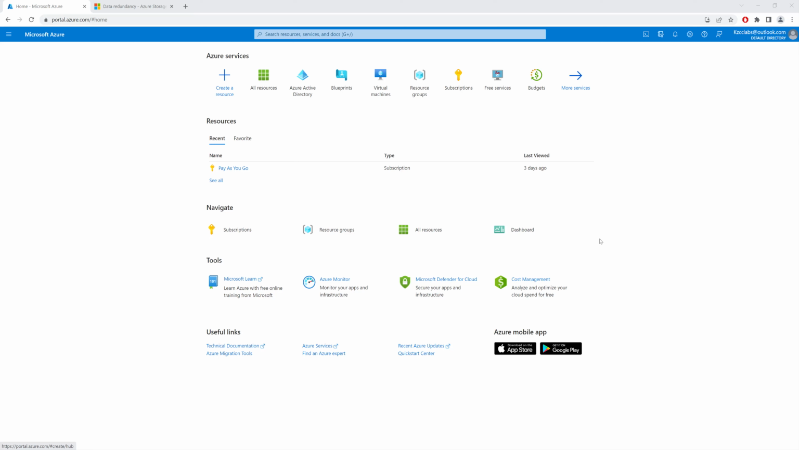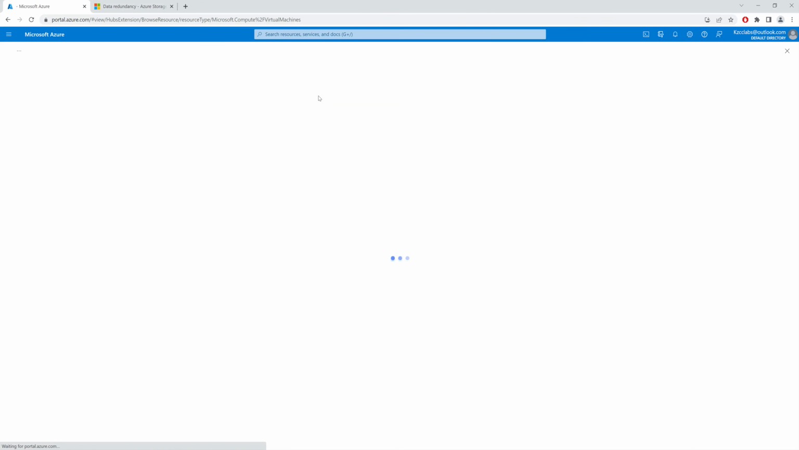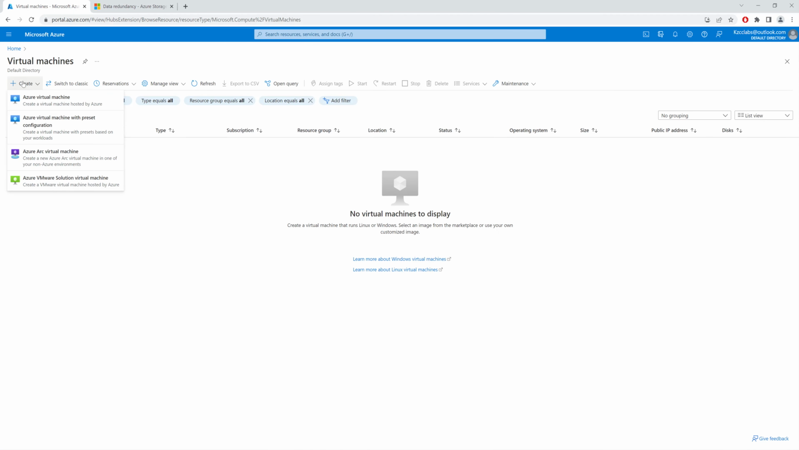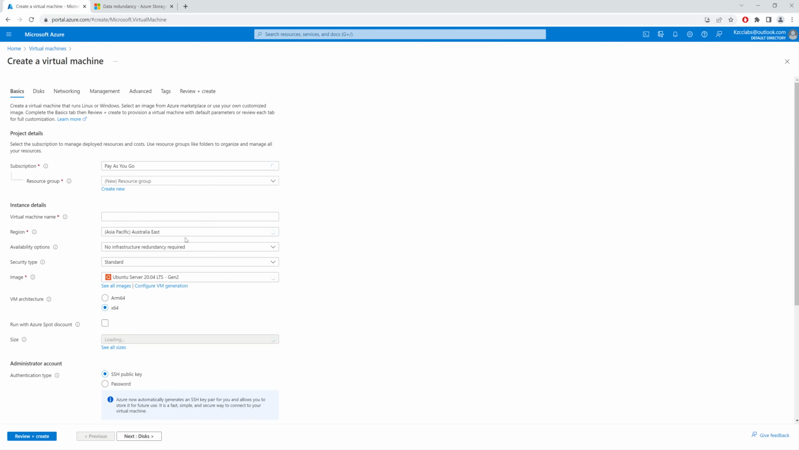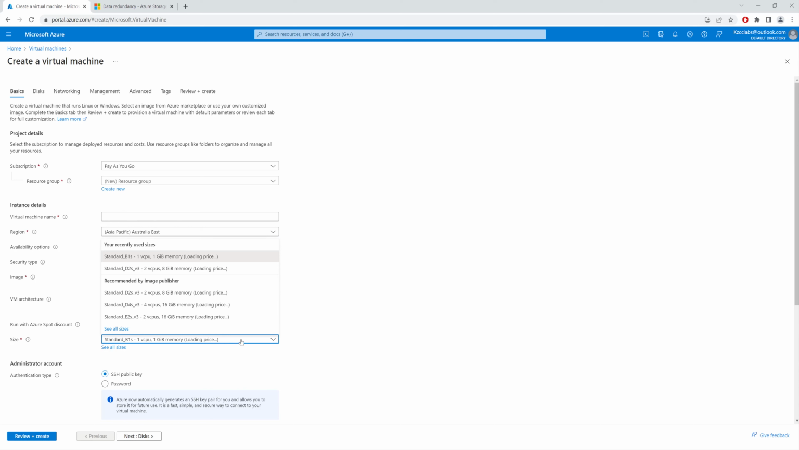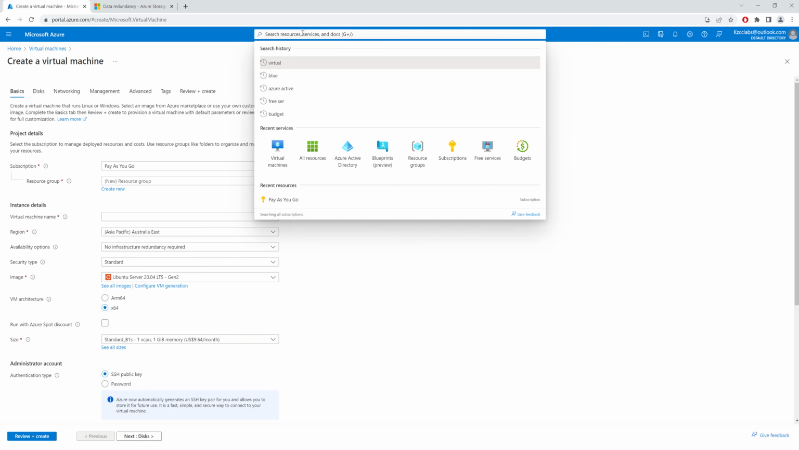So if I launch a virtual machine from here, for example, if I type in virtual machines and launch a machine from here, then I will be paying per hour according to the price over here. So according to the price over here, I'd be paying per hour. Whereas if I go and type in free services